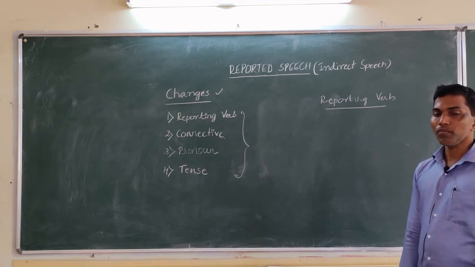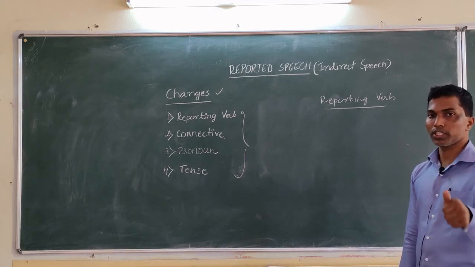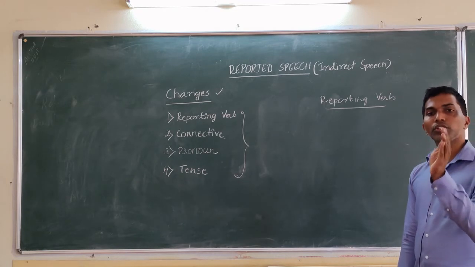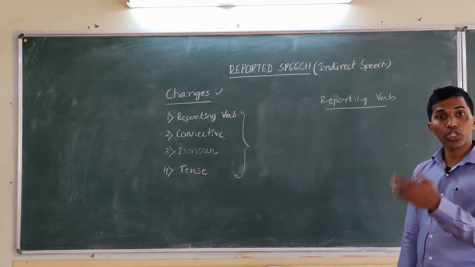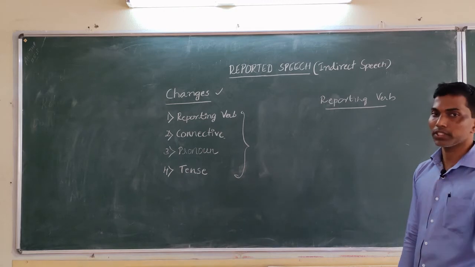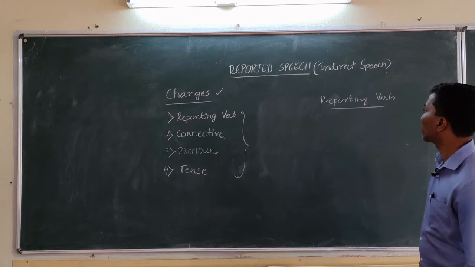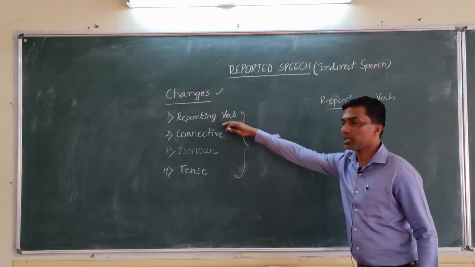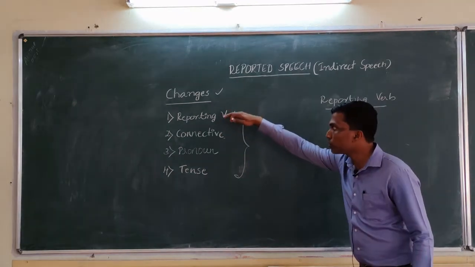So the first thing that we should check when you go to this question is, you have to read the first sentence and you should classify it. You should check whether it is a question, whether it is a statement, whether it is the third type sentence. That is the first examination that is to be done. And after that, the change is to take place. The first change, this is ordered, you have to go one by one. You have to change the reporting verb according to the